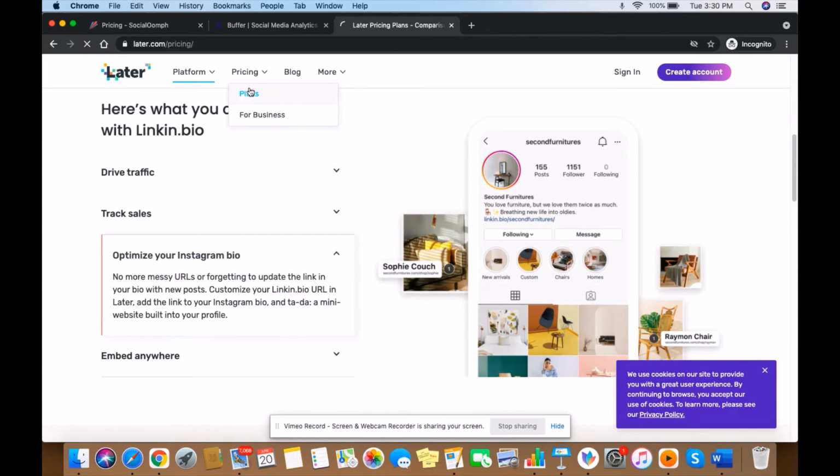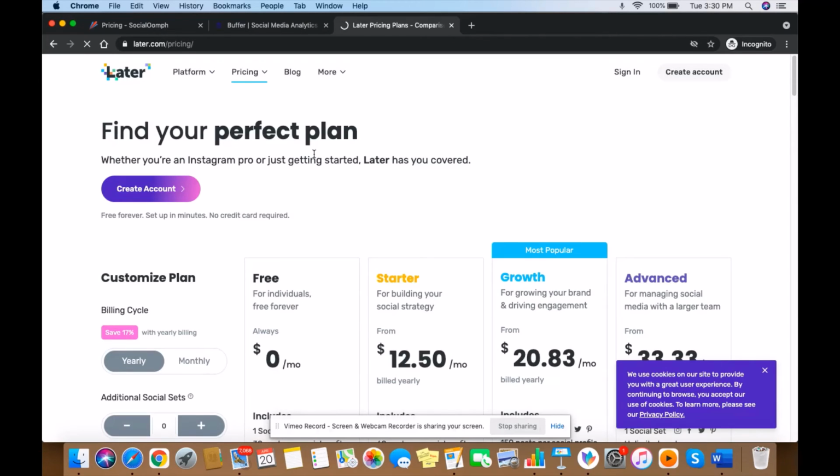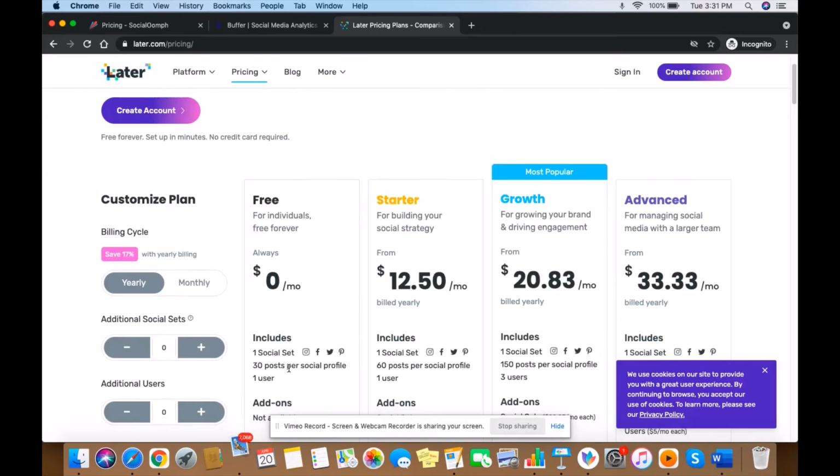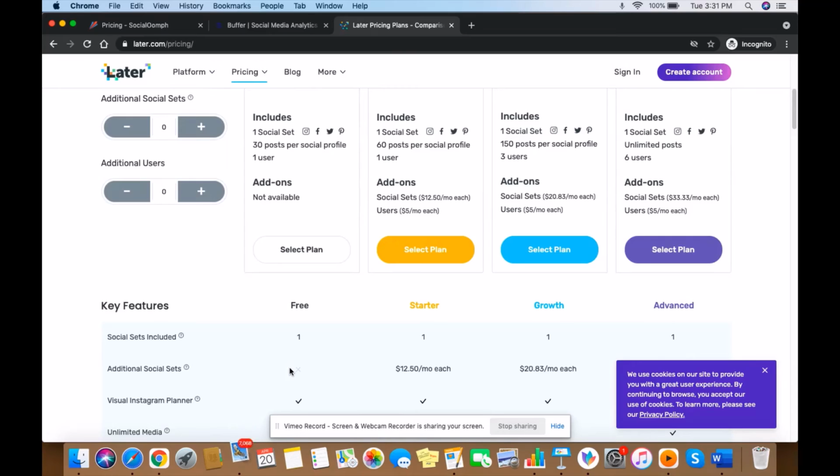When we look at their plans, you'll see that it is totally free for one social set. One social set means, for example, Ruby and Naseem will be one brand, and in that we will have Ruby and Naseem's Instagram, Facebook, Twitter, and Pinterest. Using that, you can schedule up to 30 posts per social profile, which is really cool.